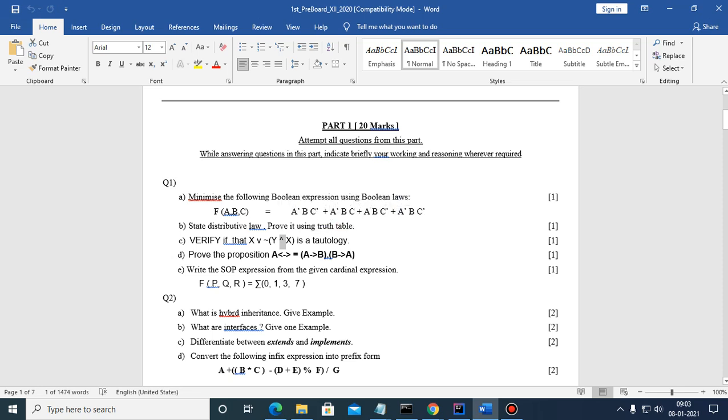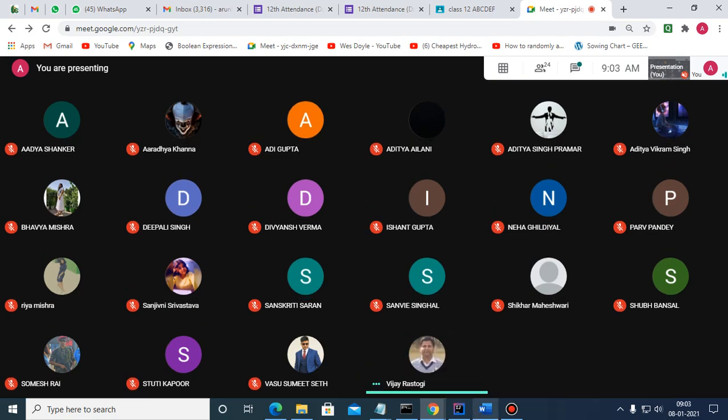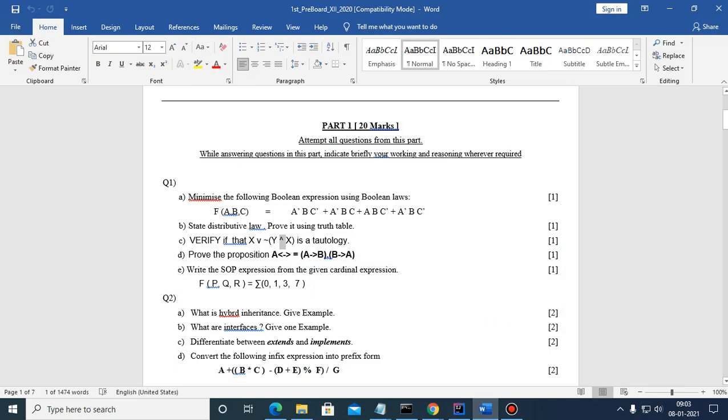Rastogi sir, I don't think that we should discuss this question here. They should try one more time, after consulting the book, because it is a very easy one. Just consider all the possible input and output combinations, apply the conjunction and disjunction principles, and their complement is also there. First of all, y and x, then the complement will come in one of the columns, and then in another column you have to make it with x, considering the principles of OR. So I think you people can do it.